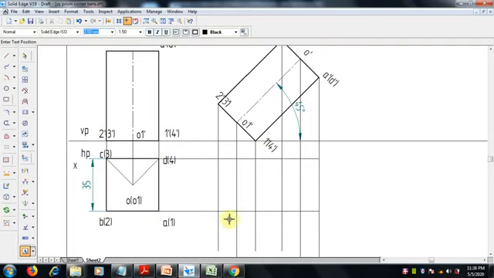Here 1 and 1 intersect, so this is 1. 2 and 2 intersect here, this is 2. 3 dash, 3 will come here, the intersection is 3, and 4 and 4 here, it will be 4. Like that, ABCD, A with A, here we will get A, and here we will get D.